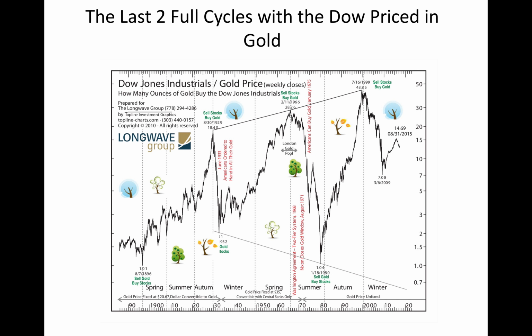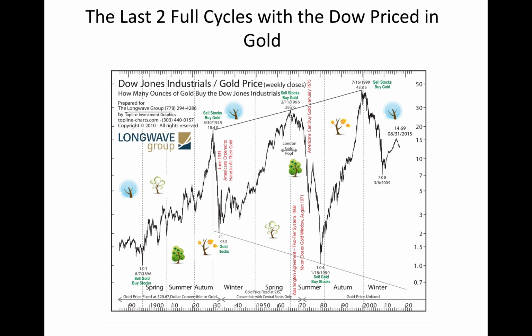Now you can see that back here in 1896 the ratio was 1. The Dow was at about 20 and gold was selling for $20 an ounce. By 1929, when stocks got really overvalued prior to the crash, that relationship got to 18. So if you divided the value of the Dow by the value of the price of gold per ounce, you got a number of 18. By the time the market bottomed here in 1932, that number reverted to 2. And by 1966, that number reached 28.